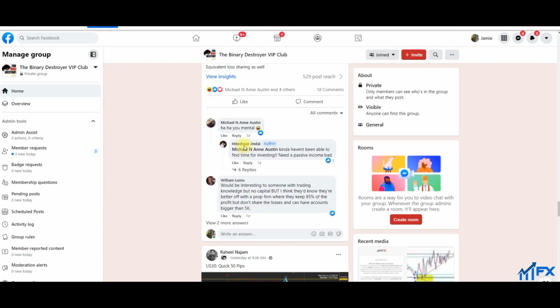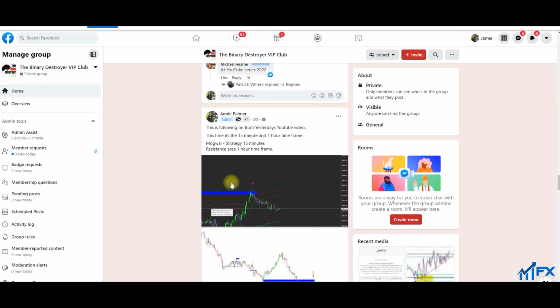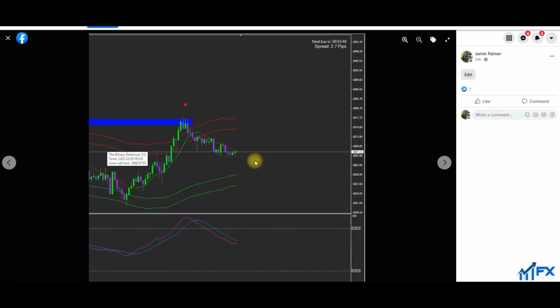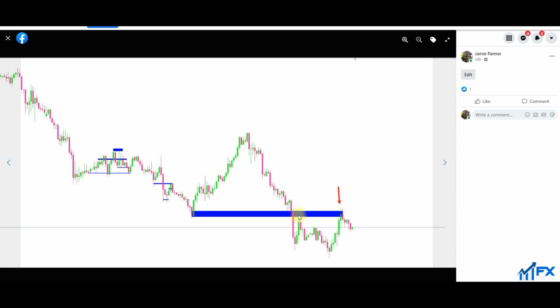But yeah, what was I talking about? So this was that setup, Mogwai strategy, 15-minute time frame, resistance area at the 1 hour. So this was yesterday. MACD went overbought, Mogwai signal at a resistance area, TCA line had turned red, and what I did was look at the bigger picture to say, okay, what's happening now? Got a setup, it meets all the rules, but is it a setup that I want to take? What is it telling me? And on the 1 hour, we got this nice little downtrend and break and retouch. Now that trade